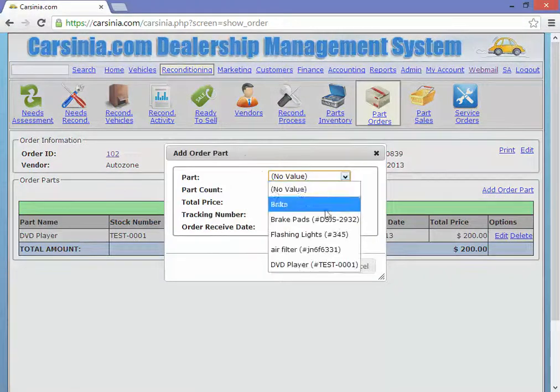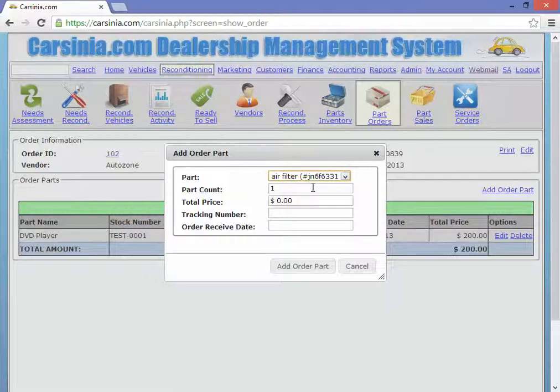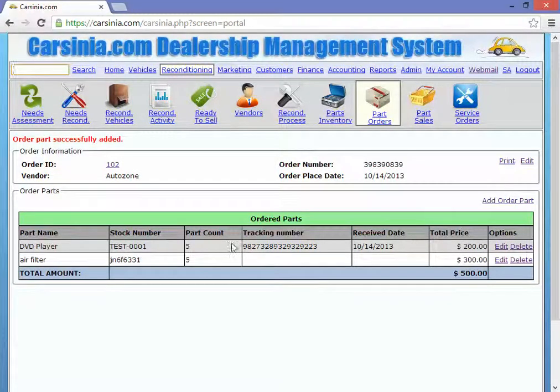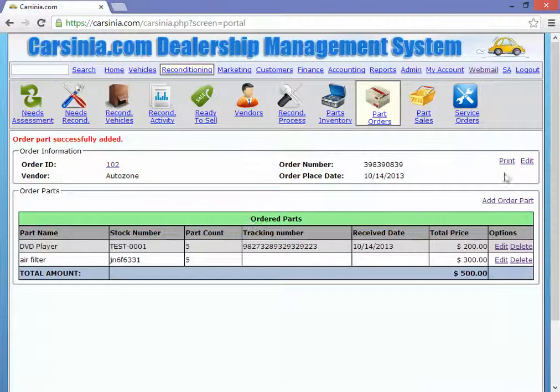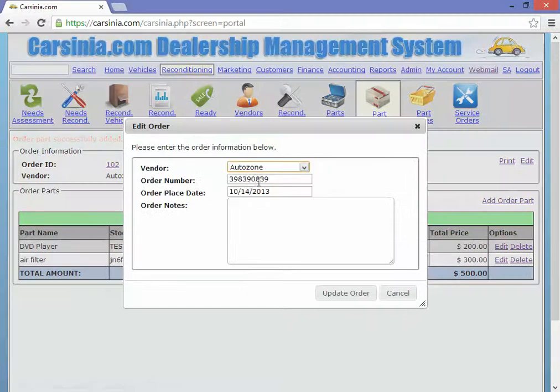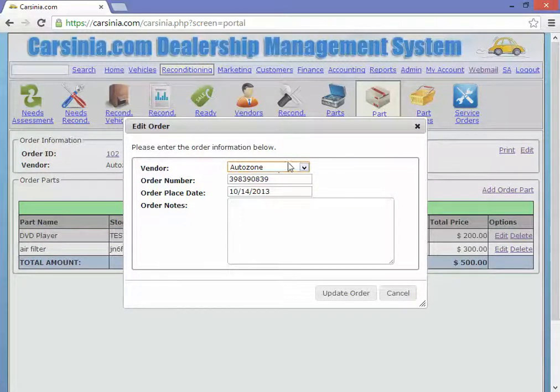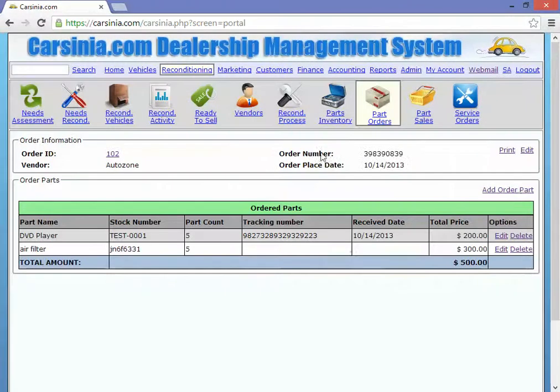Let's say along with the DVD player we ordered some air filters, and let's say we ordered 5 of them, and we paid another $300 for them, and let's say we have not gotten it yet. So this would be our order, and you can print a little summary for the order if you want, and you can update the order number, order place date, or wherever it's ordered from if you